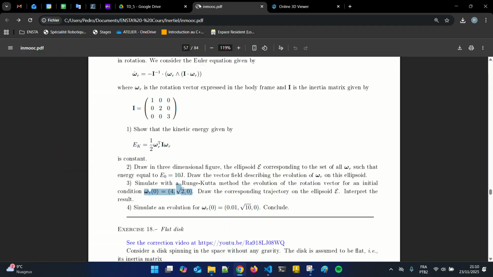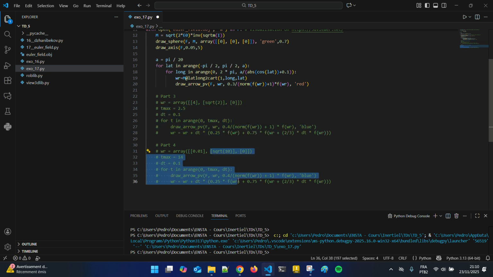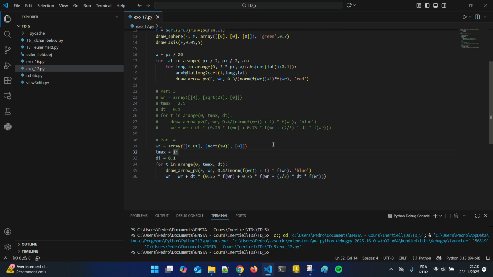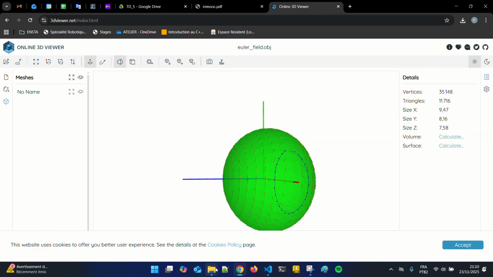For the next item, number 4, we are going to change one more time the initial condition and see what happens. So I will comment this part of the code and I will uncomment the next part and re-execute the code. And going back to our figure,